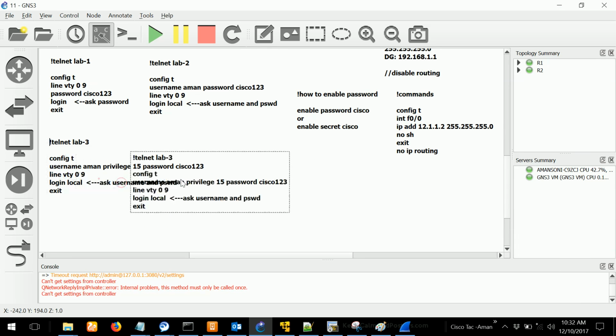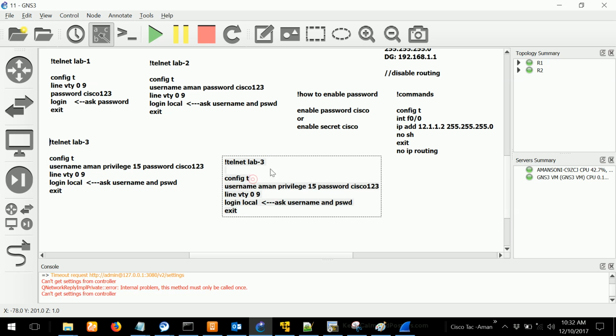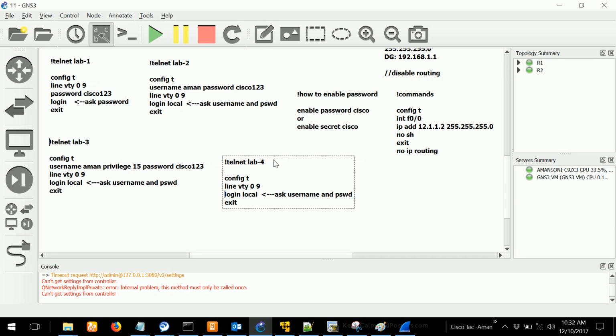Okay, just like last, it's for you to try at home. Let's do no username, login local, and I can give privilege 15 here as well. And I will just put login, which says ask password.